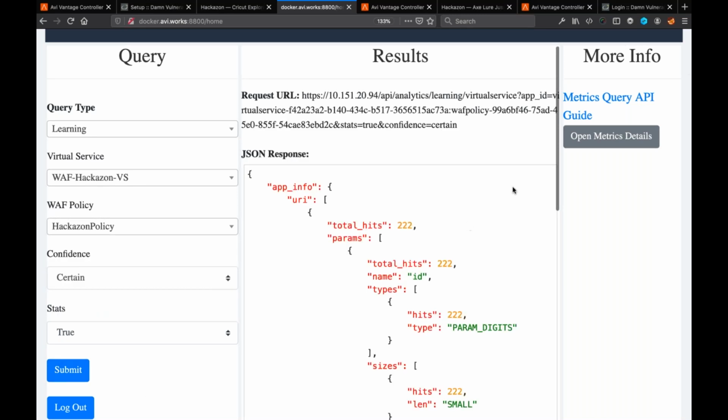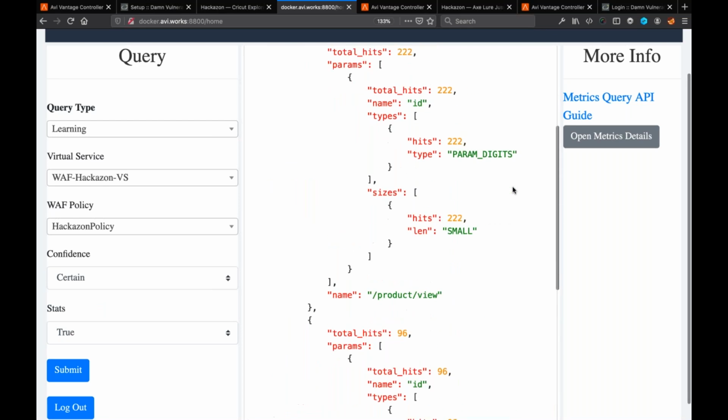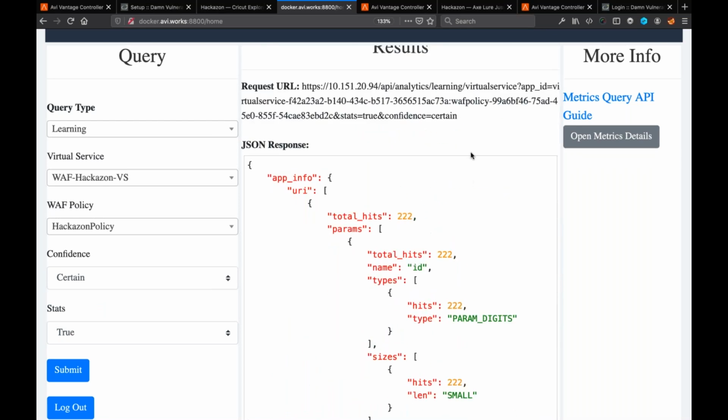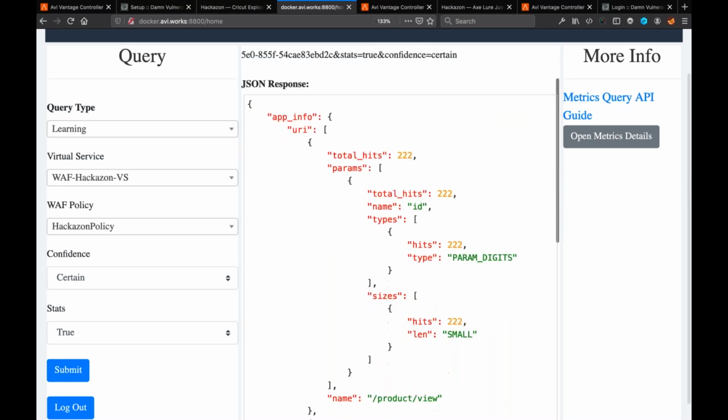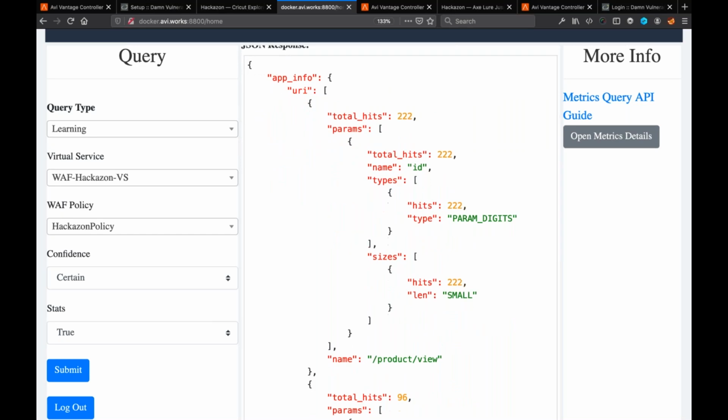First of all, it creates this URL, which is the complete request that it fires against the API, and then I get the JSON data of the learned item.